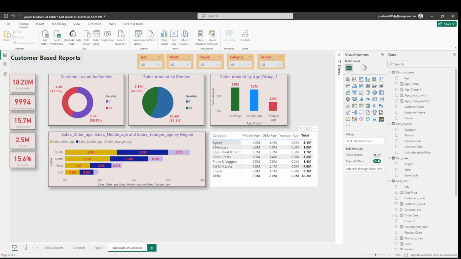Correct. Which age group is purchasing which kind of product? If you see, oil and masala is the most sold category, and it is more purchased by the old age group. See, right? This is the one. Now if I ask you